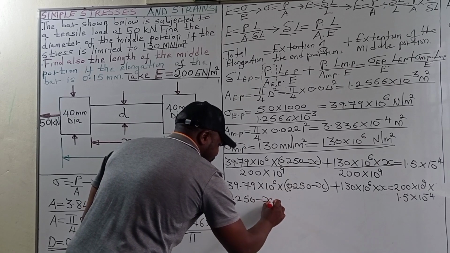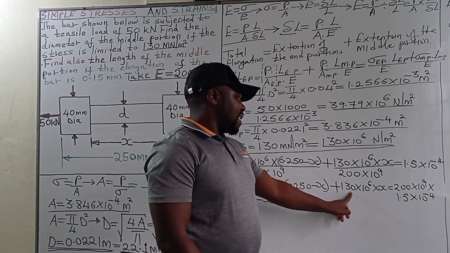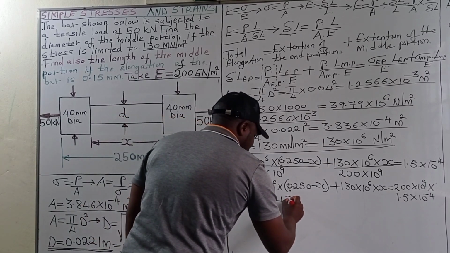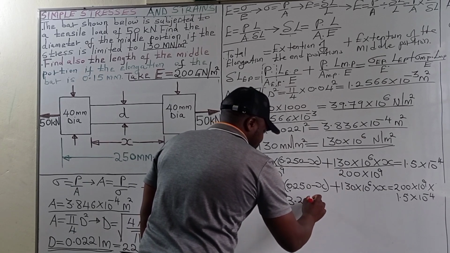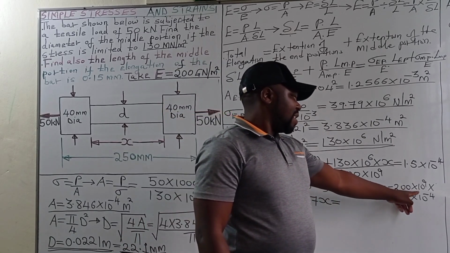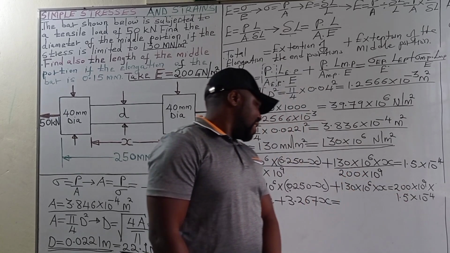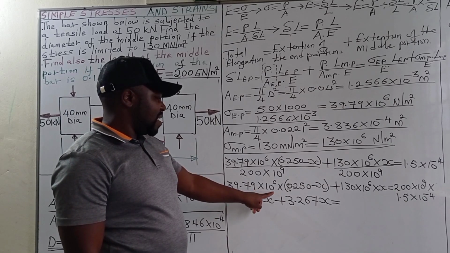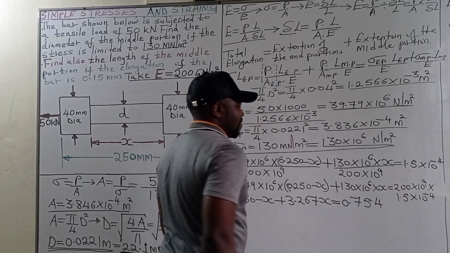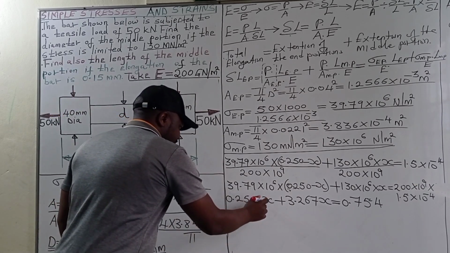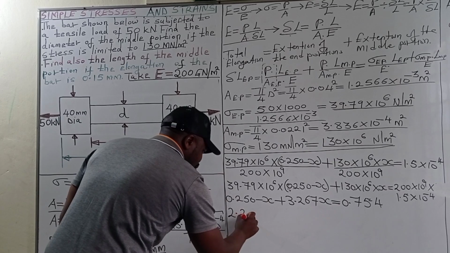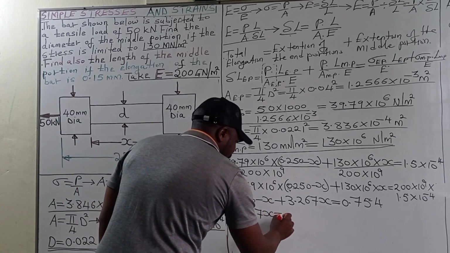0.25 minus x plus, when we divide 130 times 10 raised to power 6 by 39.79, that is going to give us 3.267x. Then this one will be equal to 200 times 10 raised to the power of 9 times 1.5 times 10 raised to the power of -4 divided by 39.79 times 10 raised to the power of 6. That is going to give us 0.754. Then we are going to have negative x plus 3.267x, that is going to be 2.267x, being equal to